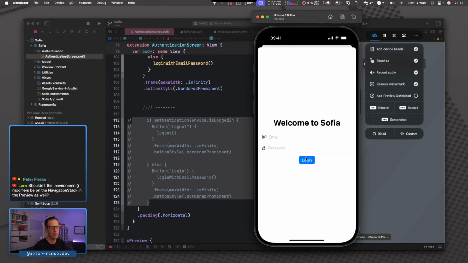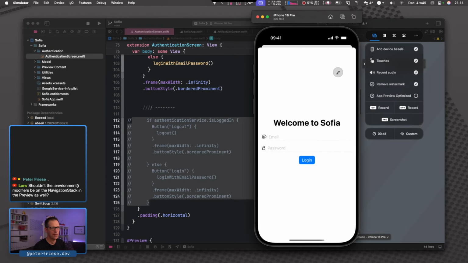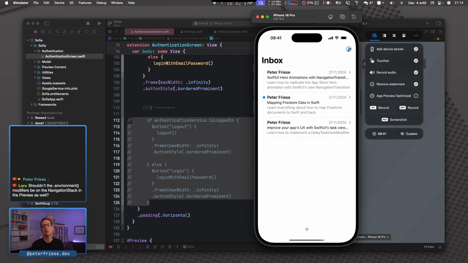And also, to be honest, the logout button shouldn't be here. When the user is signed in and we tap on this button here, we shouldn't go into the login screen. We should go into an account screen, and that account screen should have information about the user, and maybe there is even a profile, and then there is a logout button, right? So that is something else that we need to do.